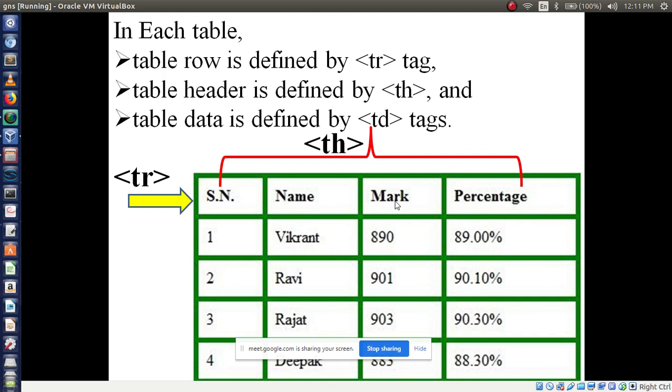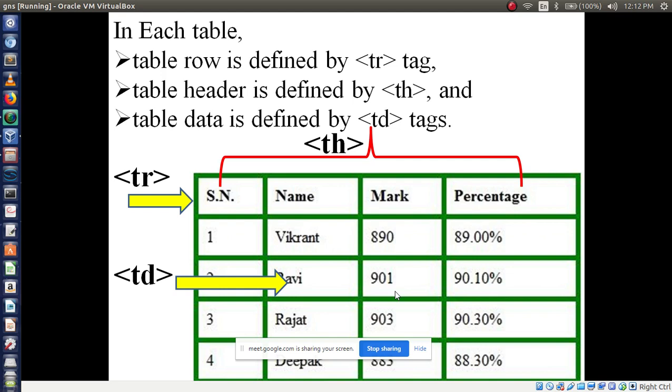If we want to define any table name or table heading, we can define it with the help of the th tag. Then the remaining Vikrant, 890, 89.00, these we can call table data. These are all table data. So this information we want to display with the help of the td tag.